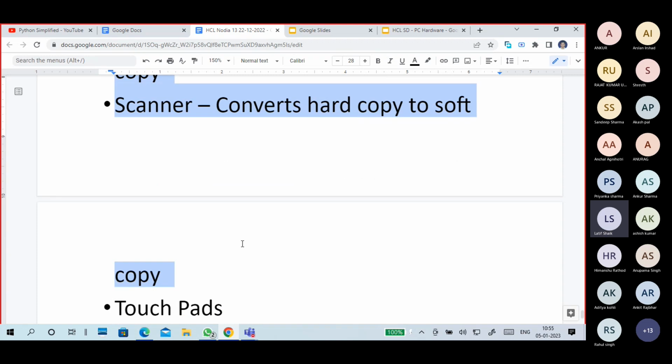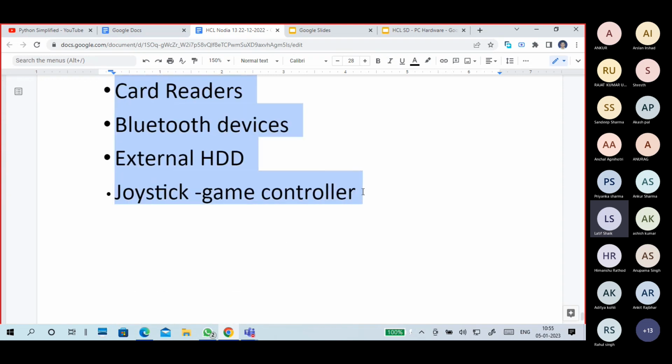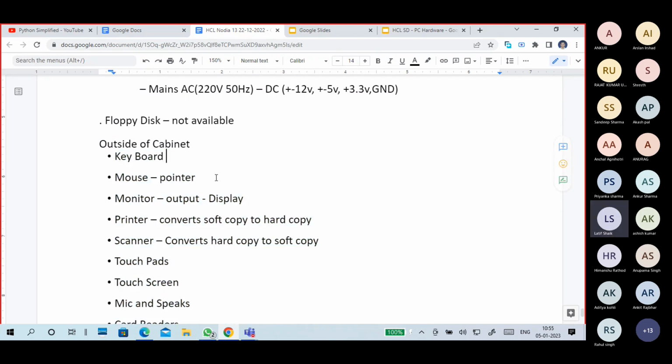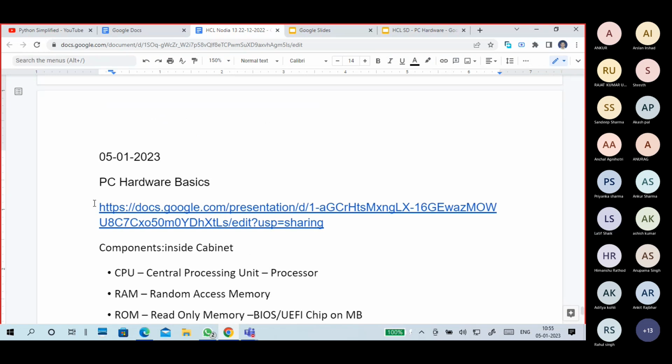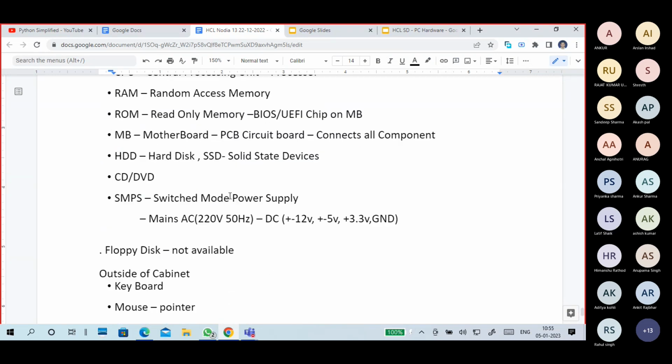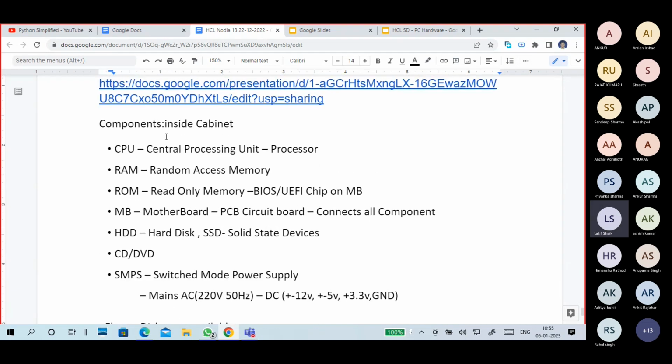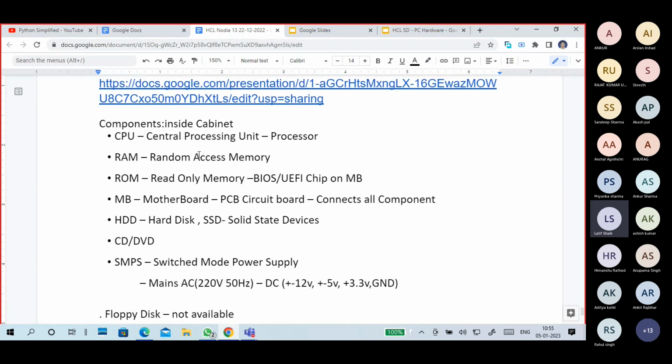Some are not directly for a desktop, but are also there for a laptop. So I have given all the things, the list. Look here. Outside of the cabinet, things are like a